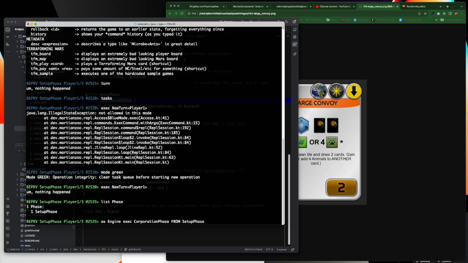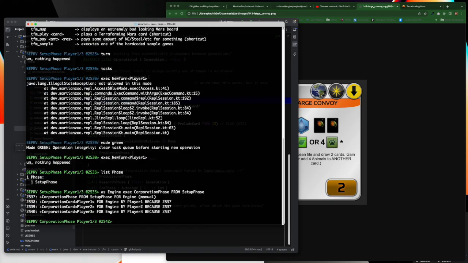When we write tests, I have convenience features for making that easier. So what it does is it just gives everyone a corporation card, which then they will play from their hand. I realize that officially you get a number of them and you choose one. And maybe that's a segue for me to talk a bit about one of the other limitations of this engine, which is that,